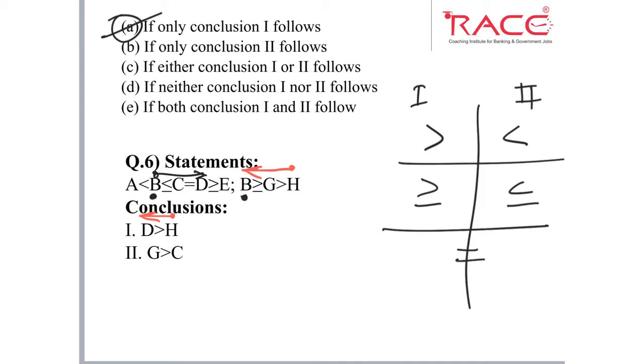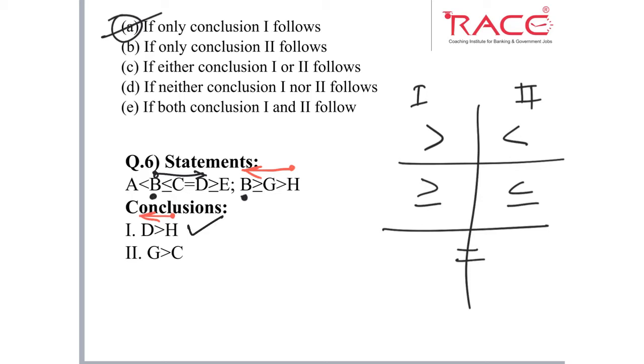Okay. So here, as we are moving from H to D, we have no opposite sign. See, you can see the signs are facing toward the arrow. Here again the signs are facing toward the arrow. After that, next, as we can see in this conclusion, they are asking about the highest priority. So we need at least one highest priority sign in this statement that we have marked with the arrow. So we have a single greater than here. So this conclusion directly follows.